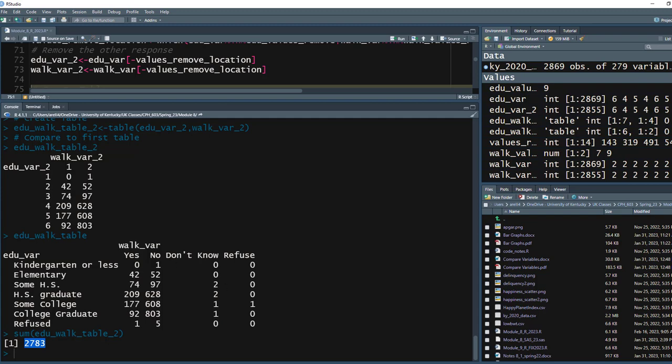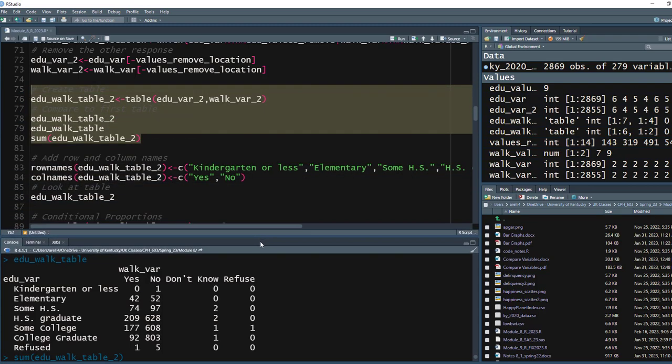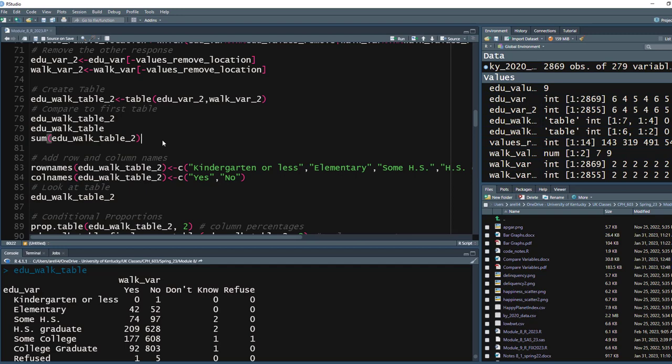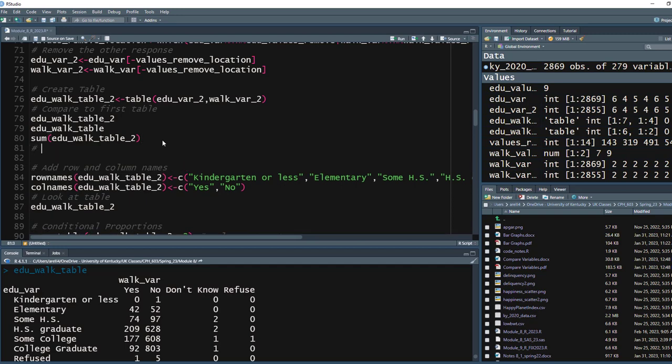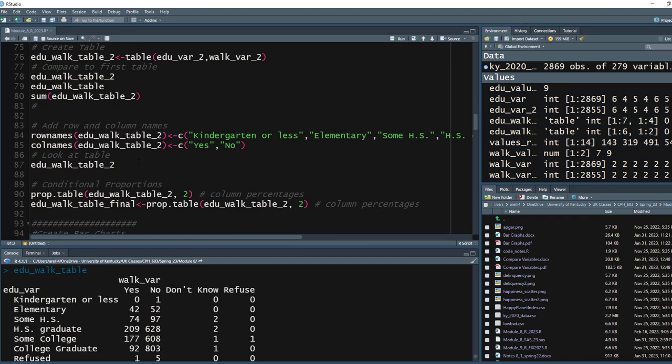And then also I want to denote, if I make the comparison between the tables, there's an additional 2, 4, 5, 6, and then 7 people that answered either don't know or refuse for the walking variable, or refuse for the education variable. So again, that's something that I'm going to want to put in my report. So I'm just going to kind of make myself a comment here and say, in addition to the 73 missing values for the walking variable,